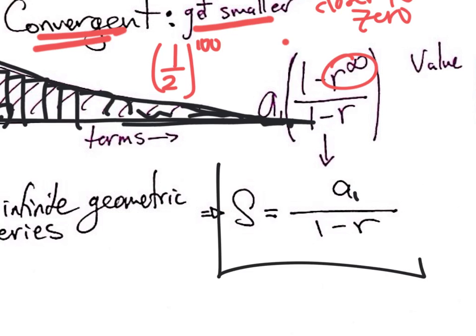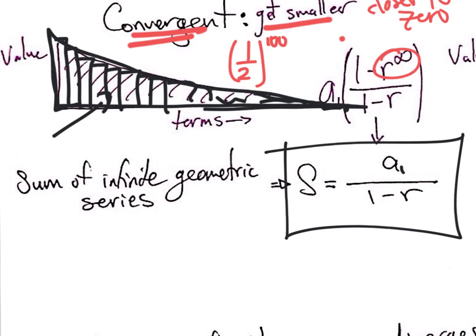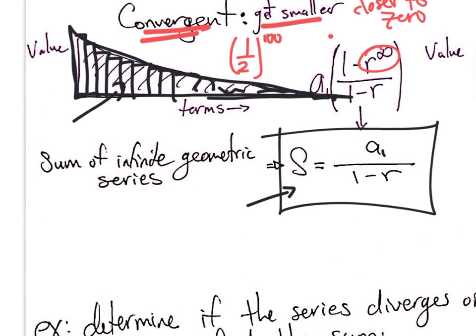So this is the sum of an infinite geometric series. Add up an infinite number of numbers that get infinitesimally small, and you actually end up with a value. So you should ask,